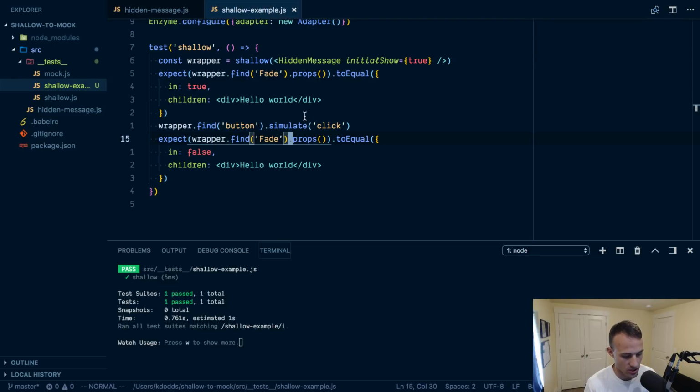Yeah, so shallow does not actually mount the component, so your lifecycle methods won't run, except for your constructor, and the deprecated component will mount. I think that runs. I'm not sure. I don't use shallow rendering. But yeah, so not all your lifecycle methods will run, and the biggest thing is that your composite components